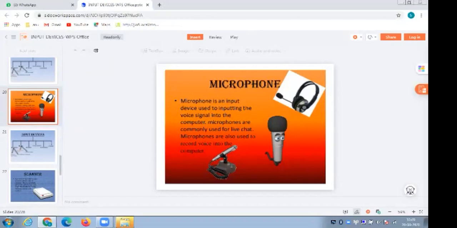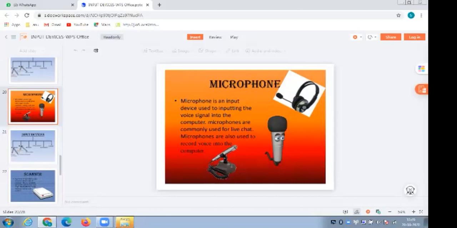These are the three types of microphones. The first one is the handset microphone. This is the normal microphone, and this is a phone which you use in the railway departments and some assemblies. This is a microphone which consists of a ball-like structure arranged in a cone shape, and then there is a wire inside. This is nothing but a microphone.